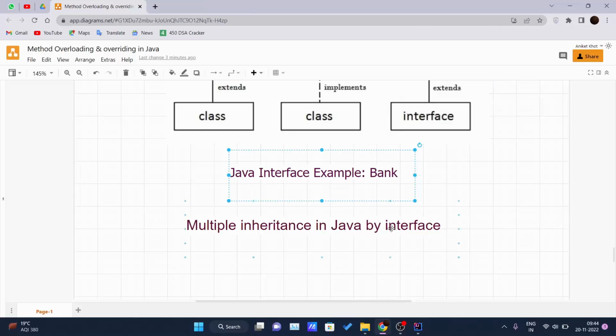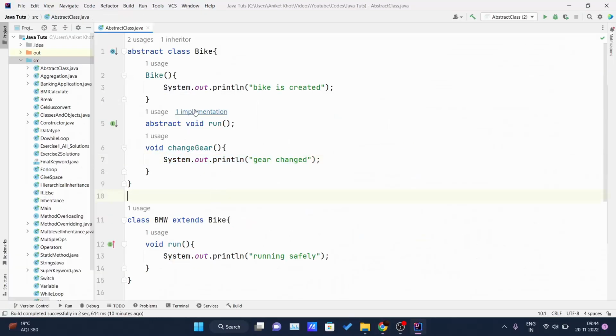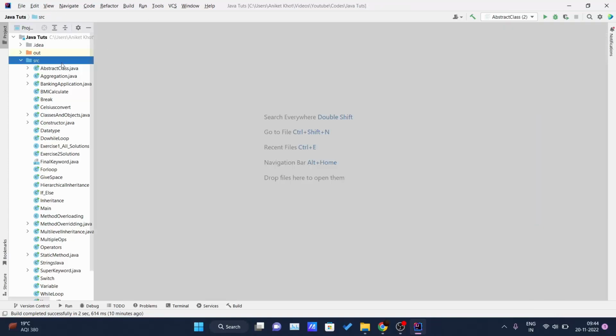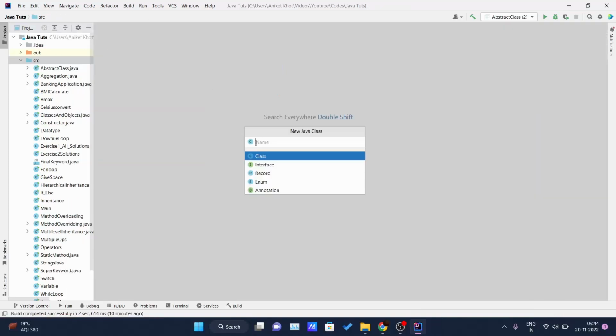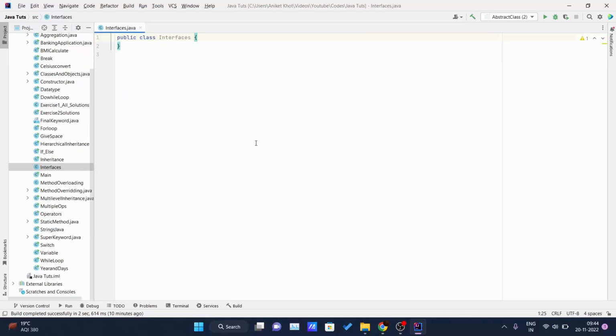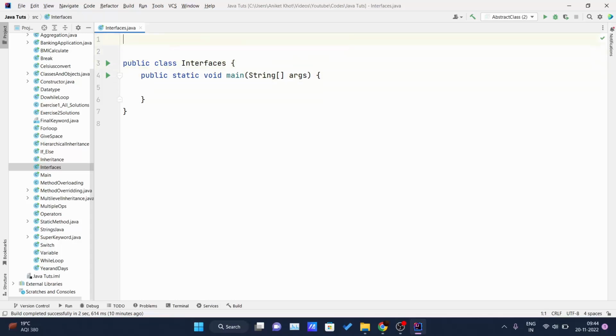Okay, so let me get into my IDE, and I will create one new class by the name of interfaces. Let me increase my font size. I will get my main method. Okay, and now I have to declare one interface. Now if I write one interface name as, okay, interface Bank,